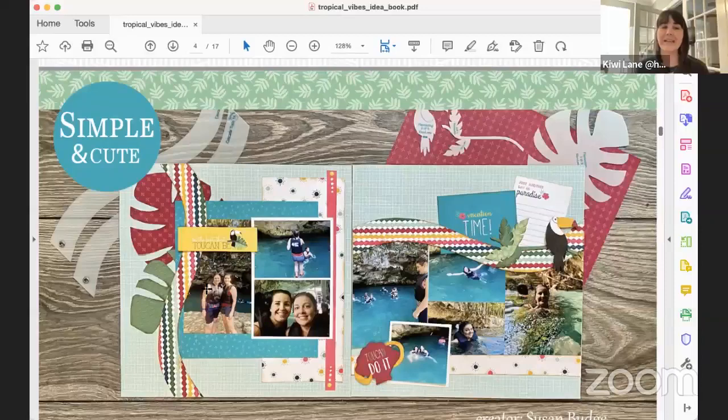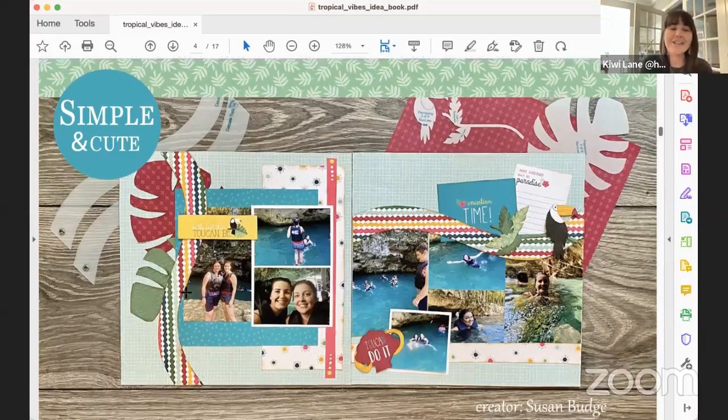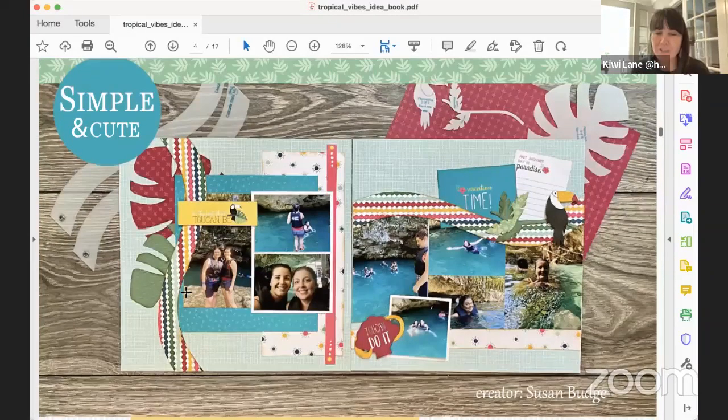I was trying to figure out what pictures to scrapbook. Naturally, this Kiwi Club kit is great for your summer, your tropical memories. If you have anything like that, tropical birthdays, just bright and happy, the colors are very fun. If you're not necessarily doing tropical, it's also motivating. It could be really cute for graduation pictures or something along those lines. But for the most part, I chose to scrapbook these pictures of me and Mindy on a trip that we took. And it was perfect. Really any kind of water pictures works great.